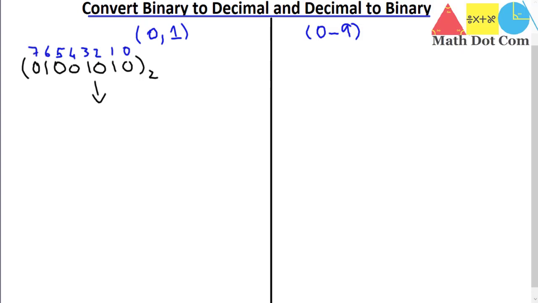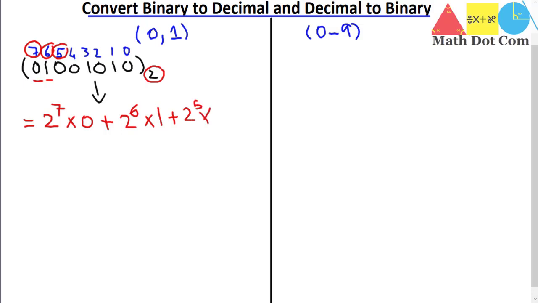After this, we have to write the base. As we are converting binary to decimal, and here we have a binary number, we have to multiply with 2. So it will be 2, and the power of this 2 will be the position number. So 2 raised to power 7 multiplied by this digit, which is 0, plus 2 raised to power 6 multiplied by this 1, plus 2 raised to power 5 multiplied by this 0